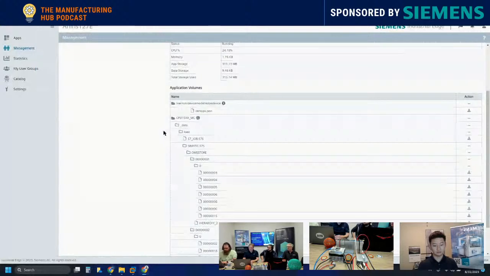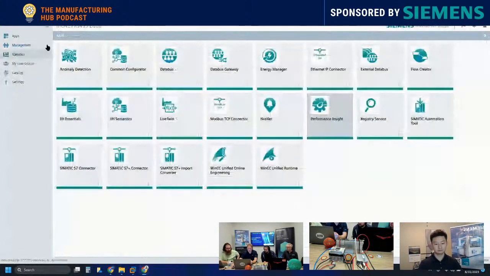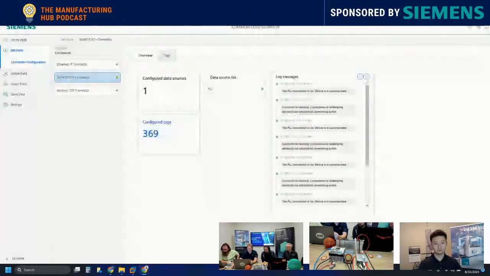Gotcha. Interesting. I just wanted to stop here real quick and show that you have this S7 job system and the Simatic S7S. Those are the same files that you would see on your Simatic memory card, because it's just a 1500 PLC running on a Docker container. And then if I come back into our common connector configurator,